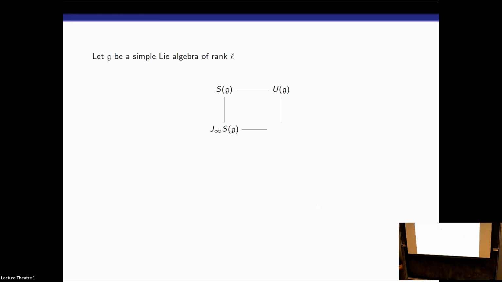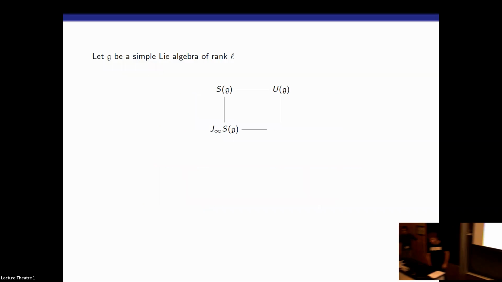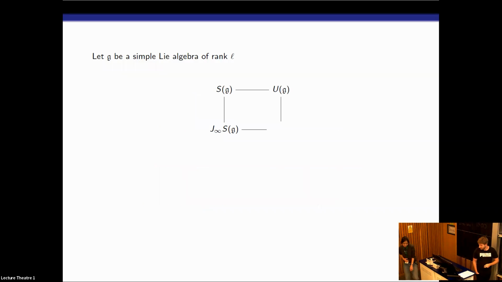So let me say this: in this talk I'm going to be discussing the representation theory of vertex algebras. As main technical tools, we're going to be using the associated Poisson algebra and Poisson variety, and the associative algebra, in other words the W-algebra construction. Somehow, a primordial example of this square is this other square.